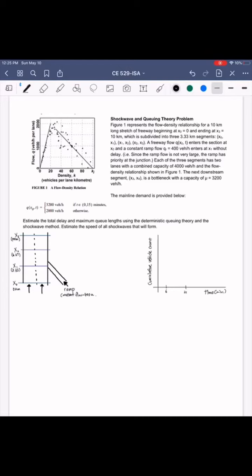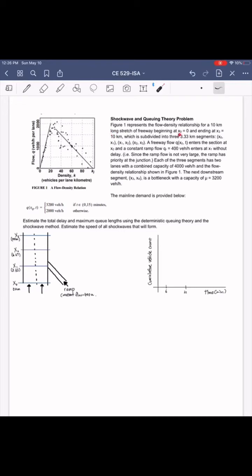In this video, I'm going to explain how to calculate delay using shockwave and queuing theory. So let's first take a look at the problem here. It says figure 1, this one right here, represents the flow density relationship for a 10 kilometer long stretch of freeway